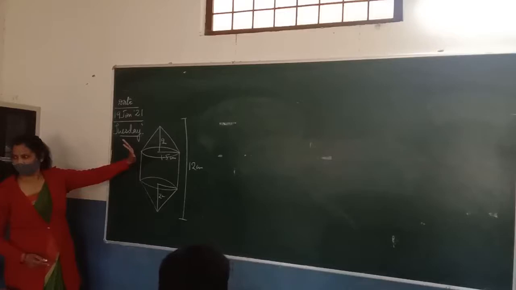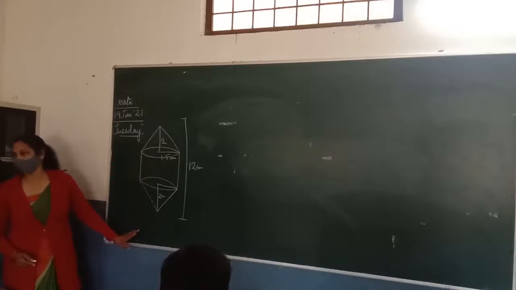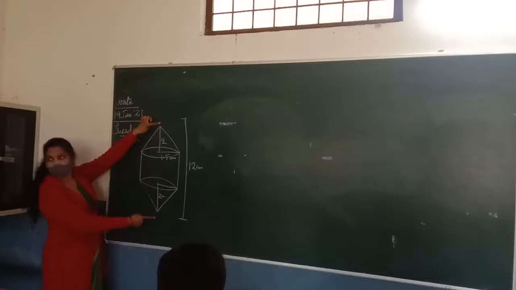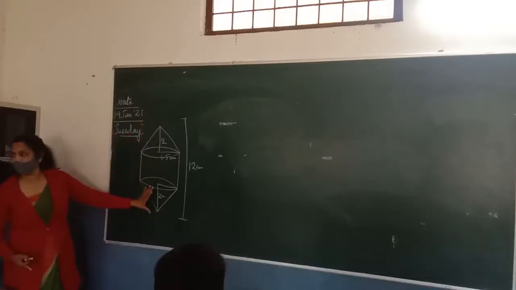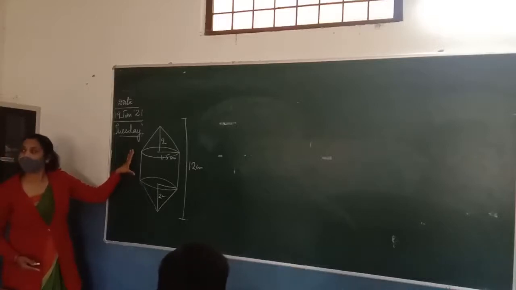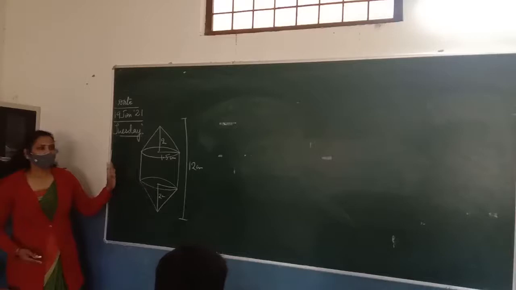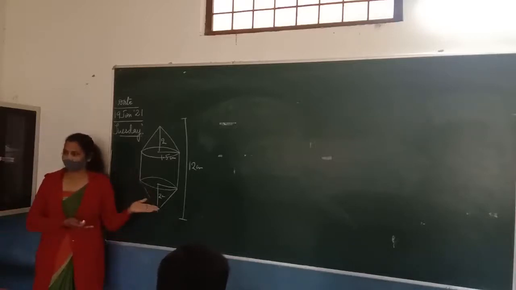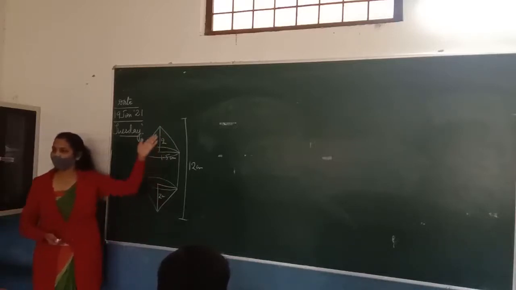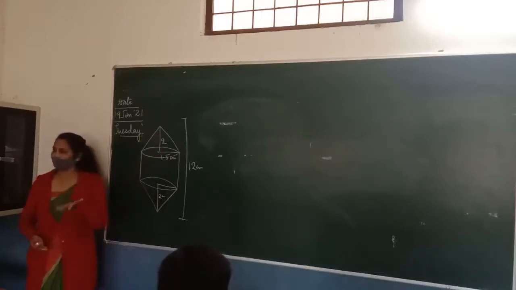Divide, ma'am. Length of whole figure divided by the length. Okay, but why divide? You have the length of this whole figure. You have the length of this conical portion. Then what should be the length of the cylindrical portion? Priyanshu, length of the cylindrical portion. This is the figure. This is the whole length. The length of the conical portion is 2 centimeters. So what should be the length of the cylindrical portion? Use your mind.